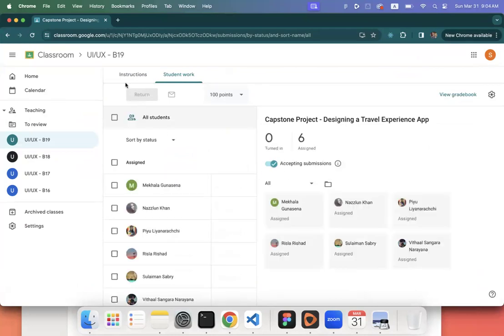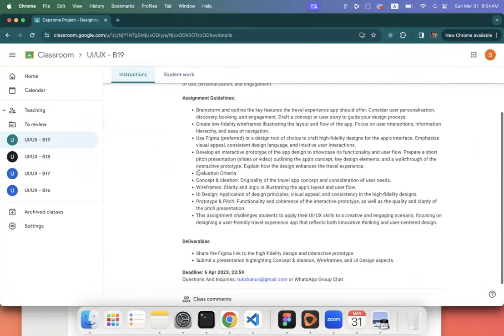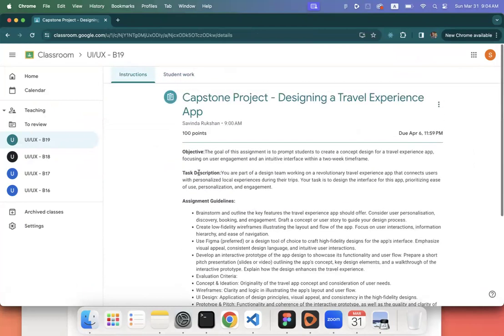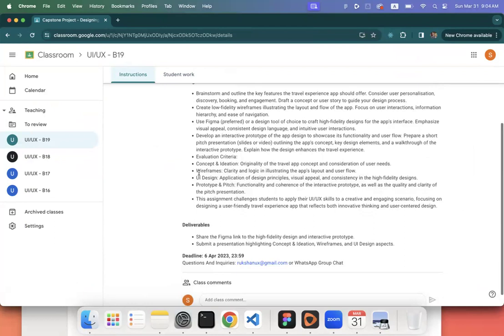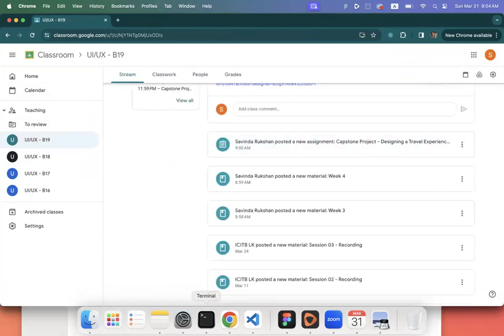So this is our capstone project. We will go through this and I will give you more details about it, what are the deliverables, what are the guidelines. We can discuss it after the break. All right. Apart from that,